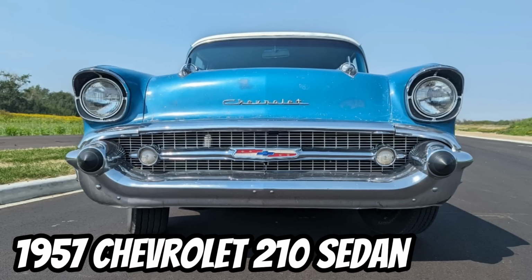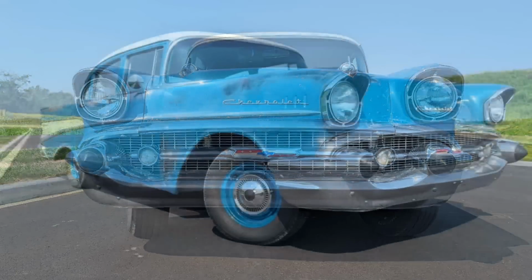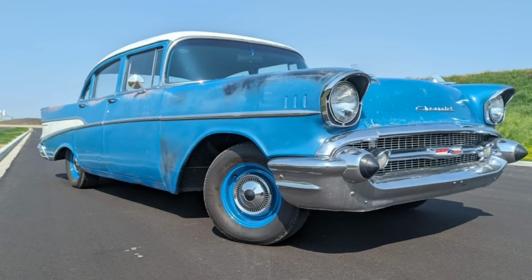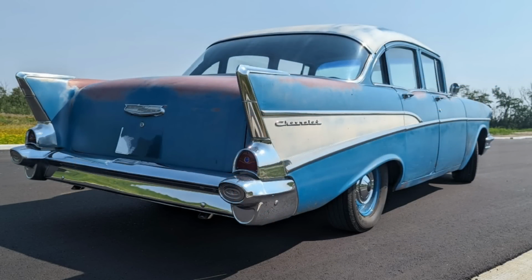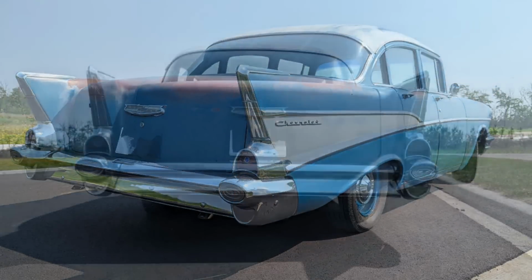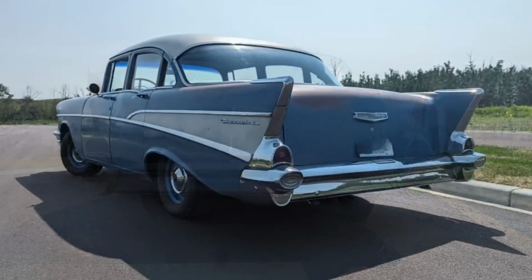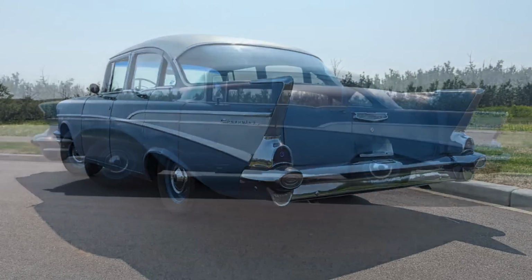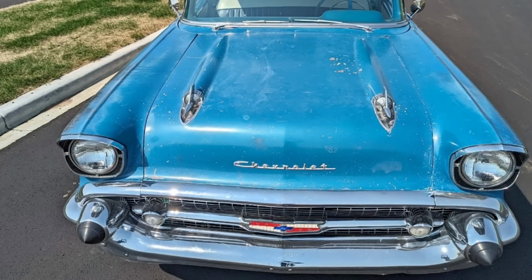Number 14. 1957 Chevrolet 210 Sedan, priced at $14,600. With 84,000 kilometers and active status, it has recently completed an OPI inspection. This car has classic charm with patina exterior and a completed chassis and interior for a safe and reliable driving experience. Powered by the original 235 straight-six engine with full-speed equipment, including a Clifford 4BBL intake manifold with Holley carburetor,